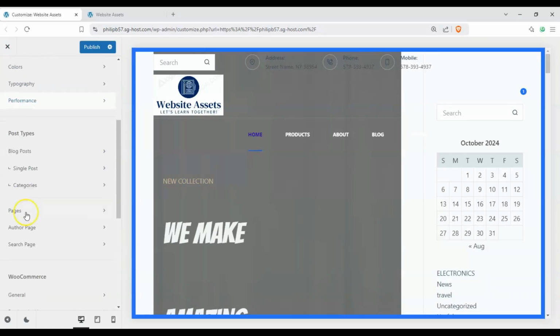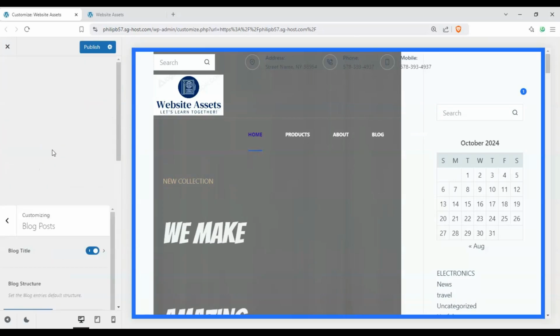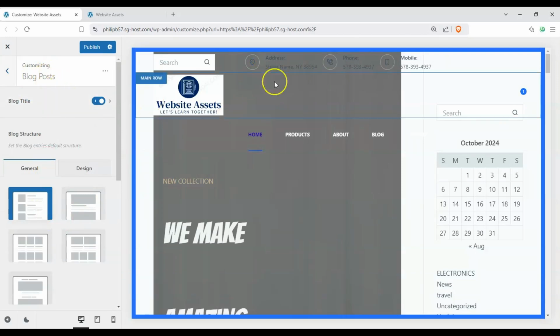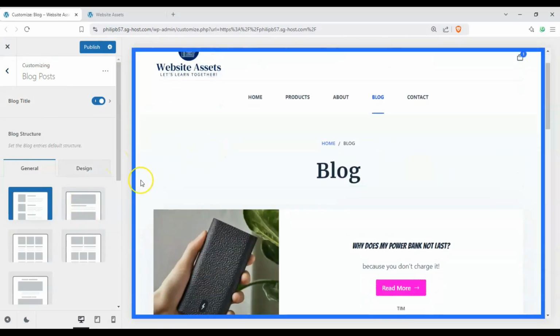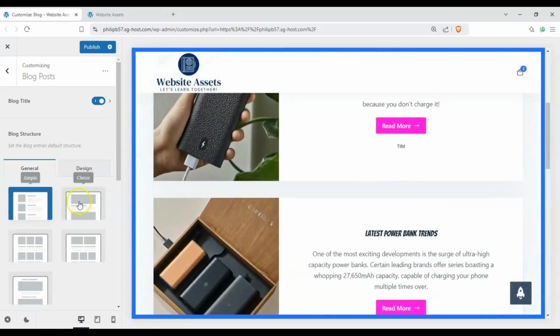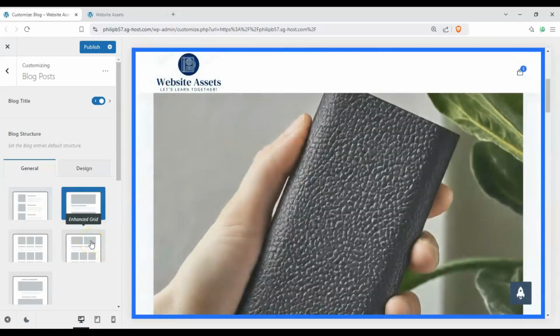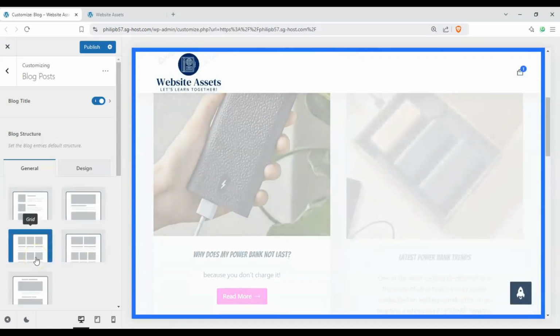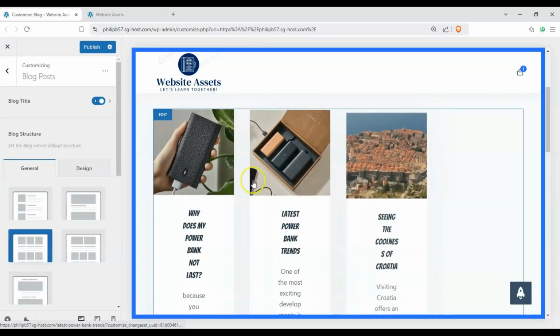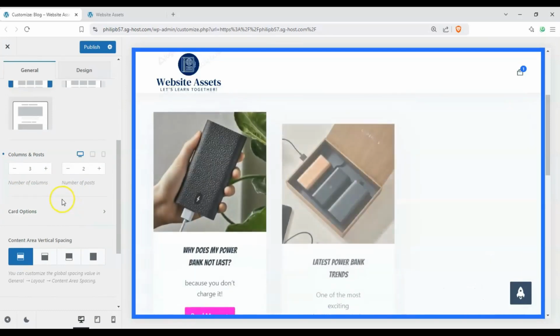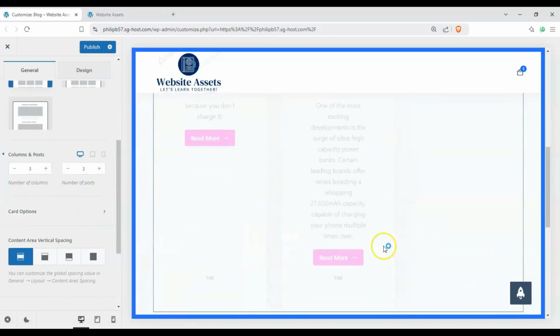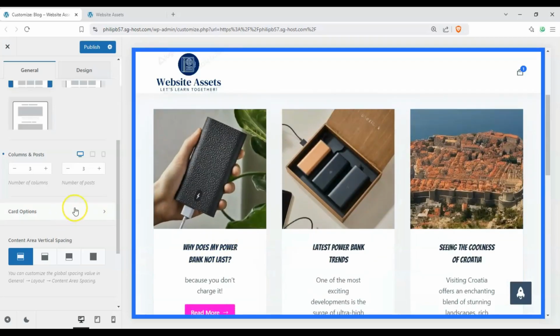Okay, next we have our blog post types and our pages here. So we have blog posts here, and this is our, how should I say, blog archive. And there's different ways that we can have it laid out. So you can see that we have different layouts here. Okay, brilliant. And we can change how many columns are in each one, right? 3, 3, and then there's going to be 3, 3, 3, 3, so on and so forth. We can also change the card